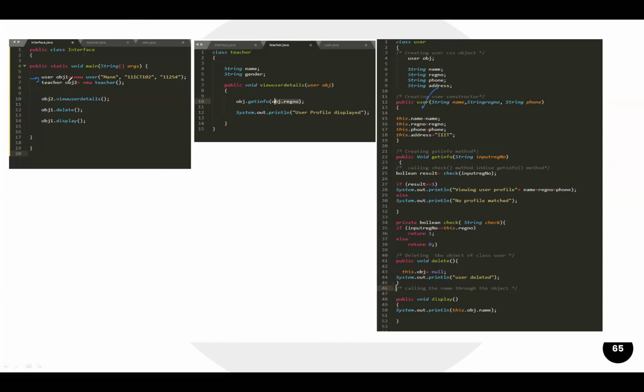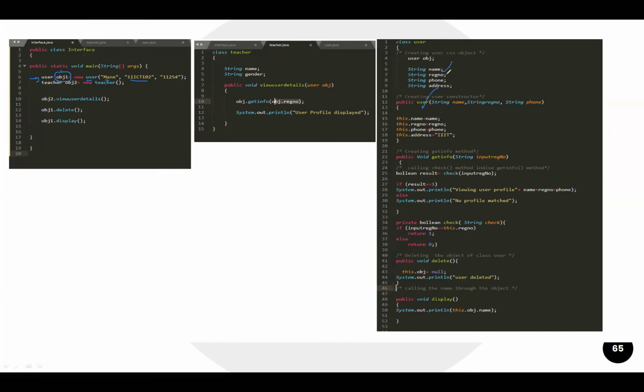Whenever this line number 6 is executed, it is creating the object of the user class. This object obj1 is created for the user class, and this constructor is initialized with some parameters. So whenever this object 1 is created, the user constructor gets values from the local variables, and all the instance variables get initialized.